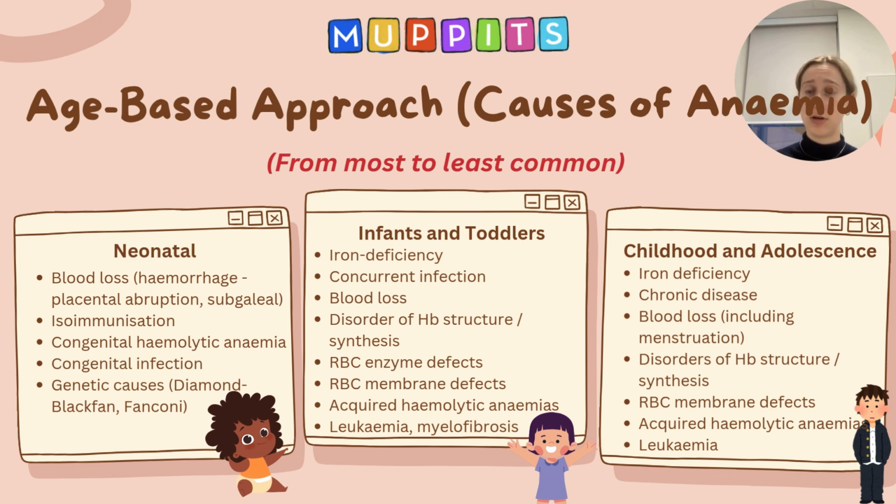Infection can be a cause. Blood loss from trauma or GI blood loss, disorders of hemoglobin structure and synthesis, like thalassemia or sickle cell disease, and we have our red blood cell enzyme defects again, so our G6PD. We have our red blood cell membrane defects like spherocytosis and elliptocytosis, and acquired hemolytic anemias are definitely a rarer cause, things like drug-induced anemia or hemolytic uremic syndrome or DIC, so disseminated intravascular